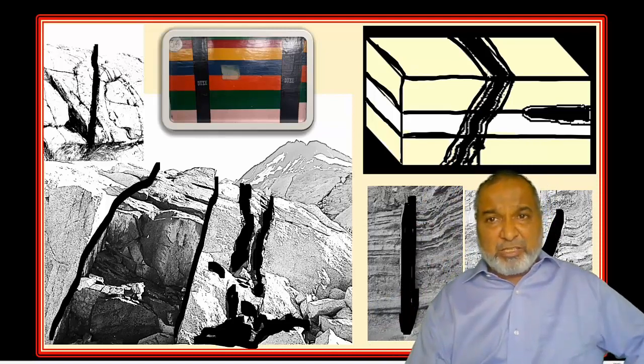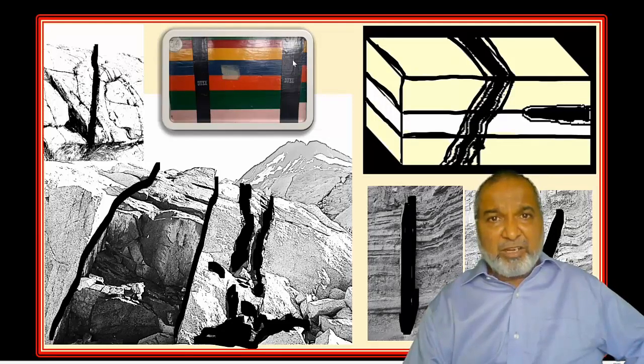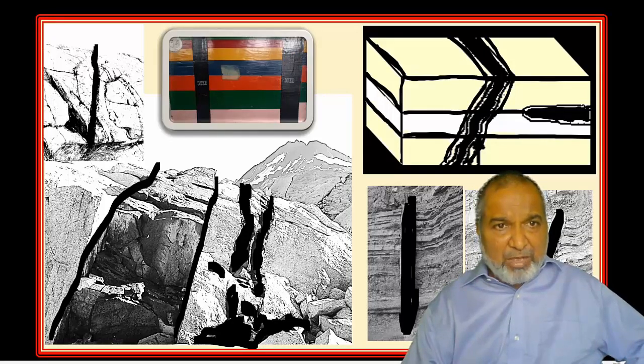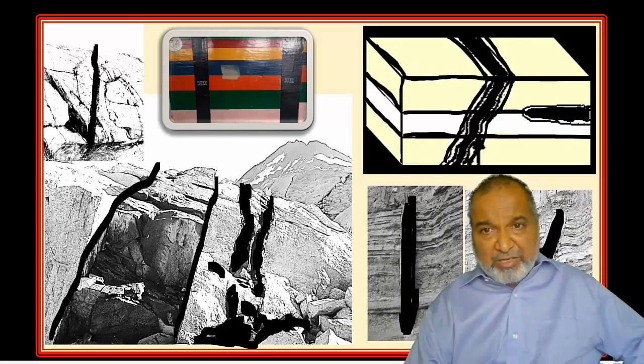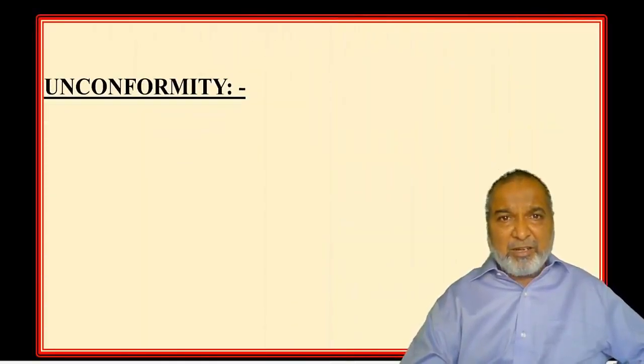Here we have shown you various block diagrams. This is a block diagram from my department. Yes, these are the sedimentary rocks which are there, and these layered rocks have been intruded by the vertical dike. Magmatic intrusion has taken place. So here also you can see in the country rock the magmatic intrusion has taken place. Here also you can see the dike is there, intrusion on the surface. You can see here also a dike, here also a dike. Now you can see here a dike will be there, intrusion of sedimentary rock coming on the surface, and when it is parallel to the sedimentary rock, it is called a sill. But we are not going to take up the sill here now.